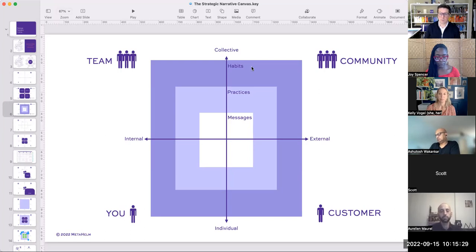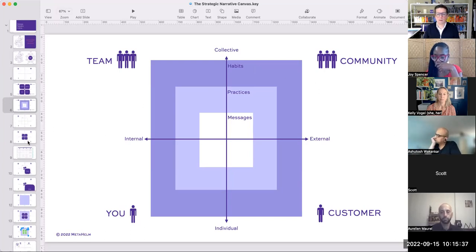So Guillaume, just to make sure that I'm understanding this, within these three layers, are those layers almost like levels of maturity? Right now it's just messages, then some of them are evolving into practices, and then some have been institutionalized as habits.